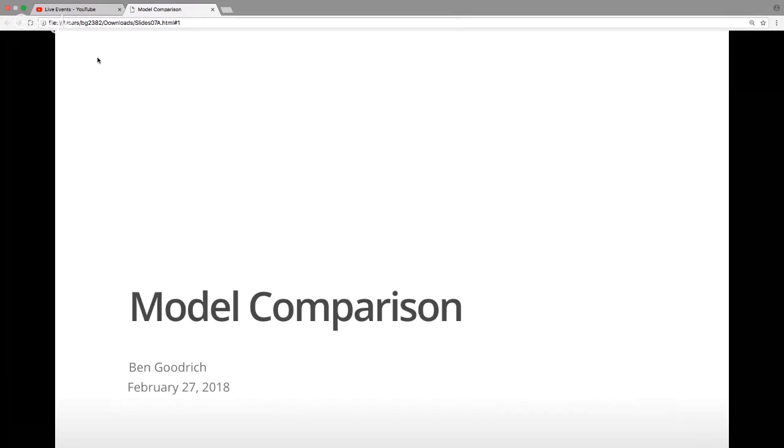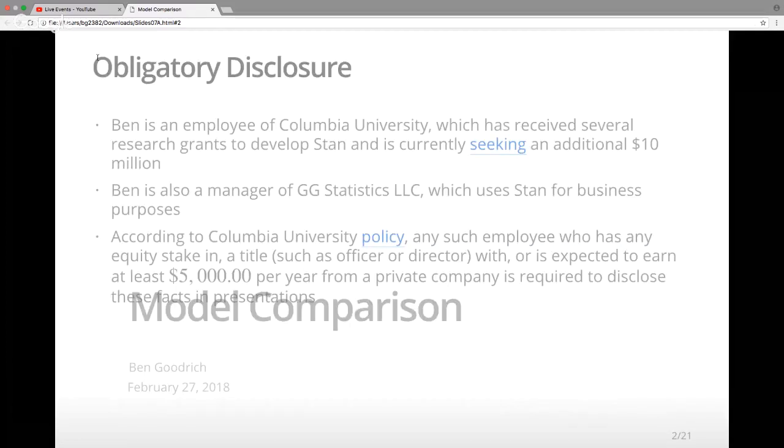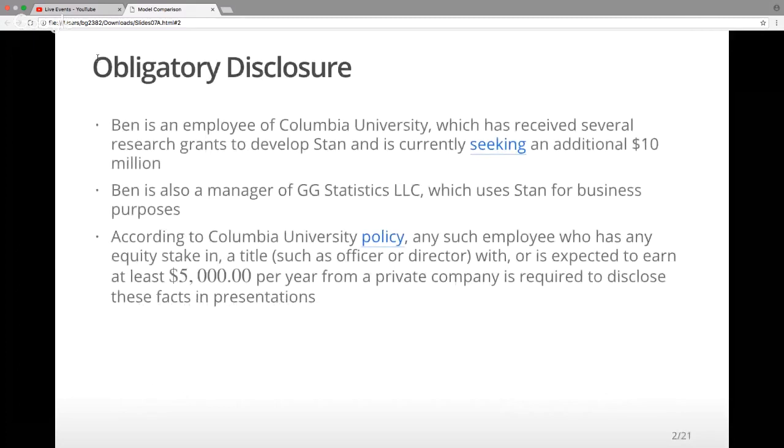All right. How to choose between different models using STAN. And I need to explain that I'm an employee of Columbia University. Columbia develops STAN. I also use STAN for business purposes, and those two things together invoke the Columbia University conflict of